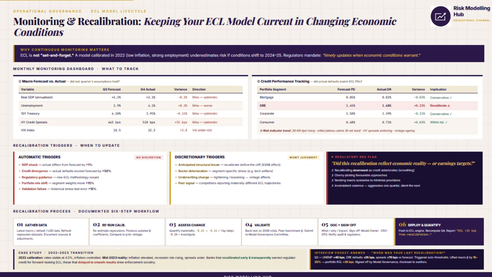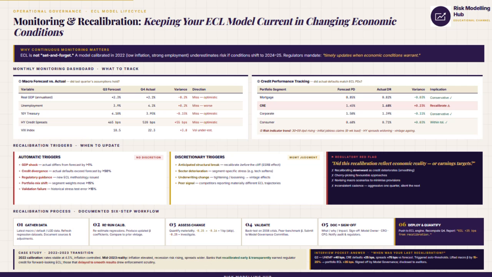Then there can be the red box on the right. If you see, it captures the mandate. You have to recalibrate when the economic conditions materially change, right? That's a mandate. Or risk regulation escalation. Banks caught running these stale or the backdated models, it faced the enforcement actions. So your control framework must be designed around the continuous governance and not the annual reviews. Monthly monitoring, quarterly variance analysis, and triggered recalibration workflows are the table stakes. And that's how you keep your ECL credible.